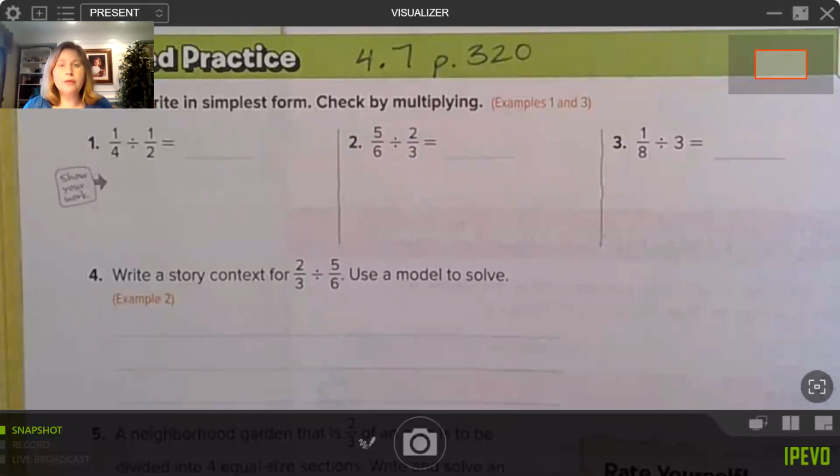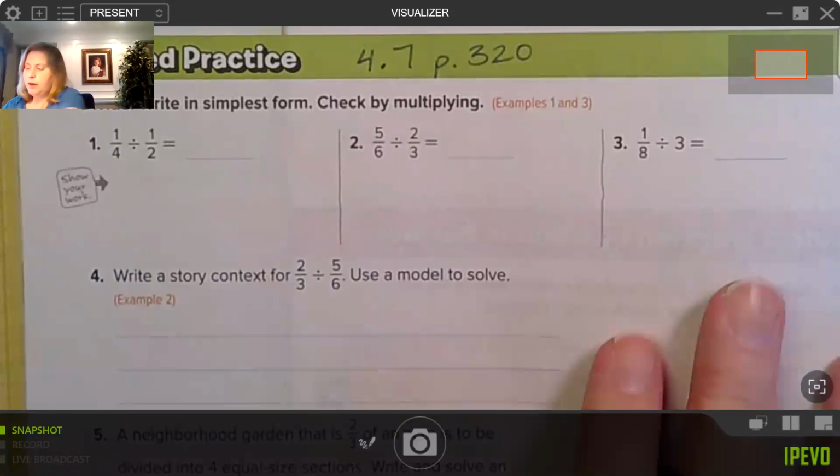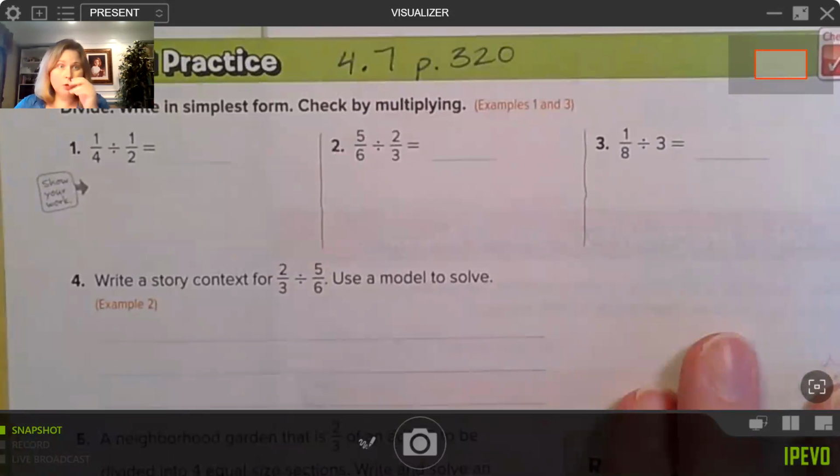All right, next we are looking at the guided practice for 4.7, multiplying, or excuse me, dividing fractions. We are on page 320. So we need to divide and write our answer in simplest form and then check by multiplying. So number one, we have